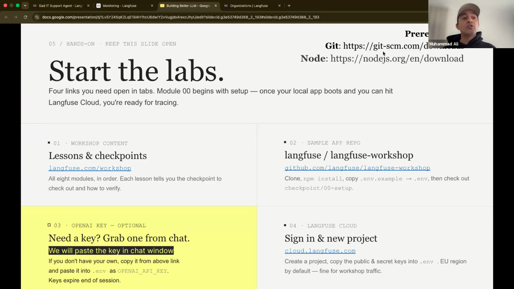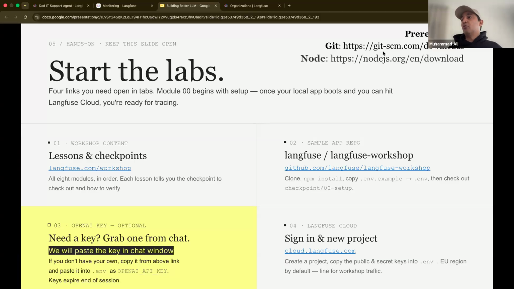Also, in order to move between the labs, we have some commands for checking out tags in the Git repository, so you can continue to make progress. We will be building a TypeScript application, which means you need Node installed on your laptop. If you don't, and you feel like you can just watch me doing it, you can do that too.